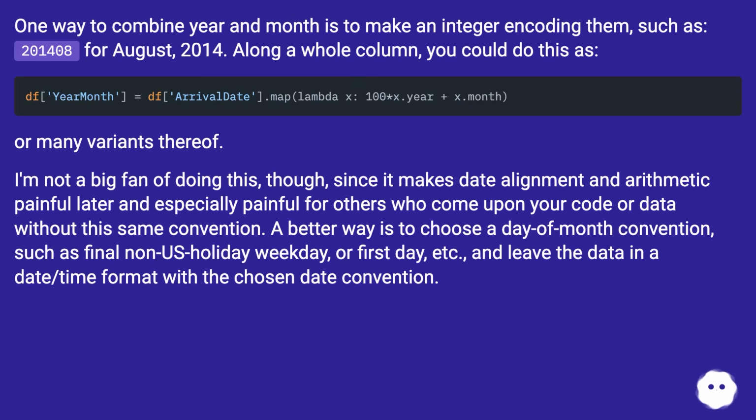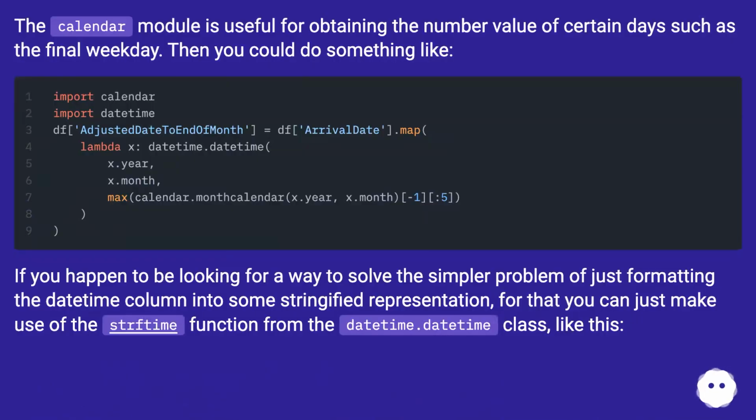A better way is to choose a day of month convention, such as final weekday, or first day, etc., and leave the data in a datetime format with the chosen date convention. The calendar module is useful for obtaining the number value of certain days, such as the final weekday. Then you could do something like,